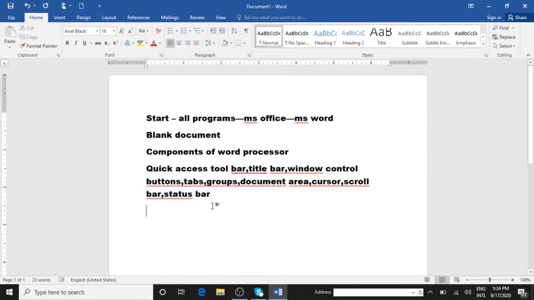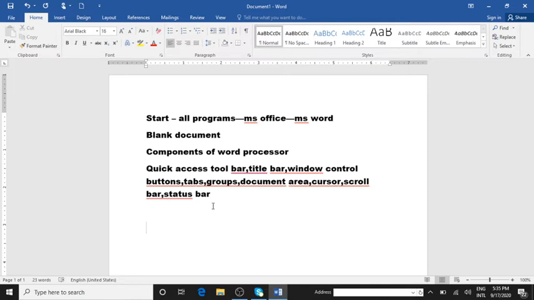Yes children, hope you all have understood this. Very good. Now, how am I entering the text? The next one you'll have to know is how to enter the text. Of course, how do you enter it, children? With the help of the keyboard you are typing the text.